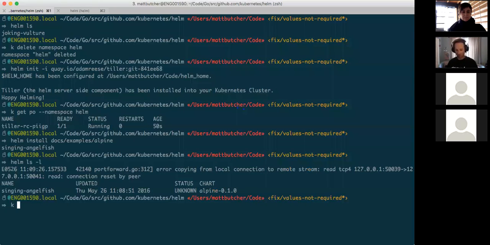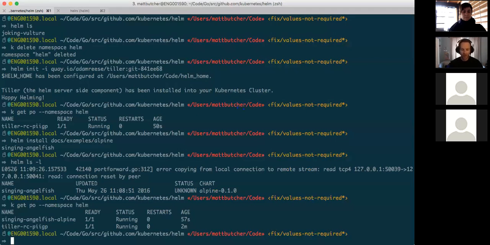So now if I run a Kubernetes command, I should see that resource running in there, right? So let's just look at all of them there. So I can still see my Tiller RC pod running there. I can also see my new Singing Angelfish Alpine pod in there and running. So the idea here is that Tiller is going to handle that, taking the manifest, taking the user supplied values, merging the template and the values, and then uploading the manifest into Kubernetes, and then Kubernetes takes care of all the rest of the stuff. So this means you can use any of the regular Kubernetes types. Depending on how you compile it, you've got all kinds of additional extensions enabled for you. But basically, we're using the Kubernetes library to do all of this.